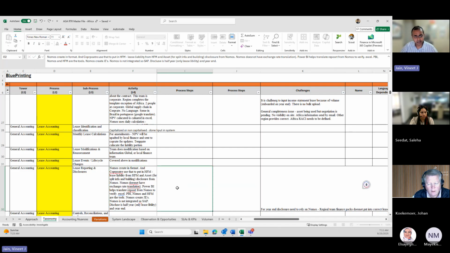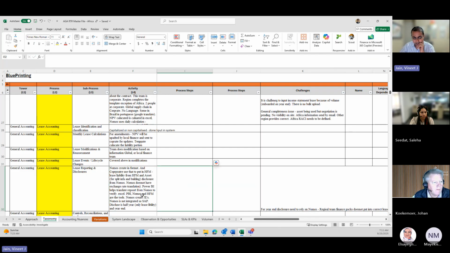Is it a difficult thing, the disclosure? What kind of knowledge is required in this? So for the disclosure for half year end, we extract the report from HFM. As I said, we've set up HFM to do the lease liability note for us. And then for year end, we use the information that comes out of Nomos and we vet it against HFM. And then we do the split between